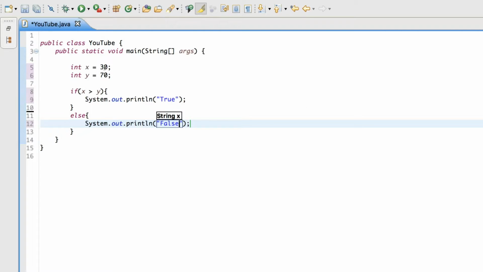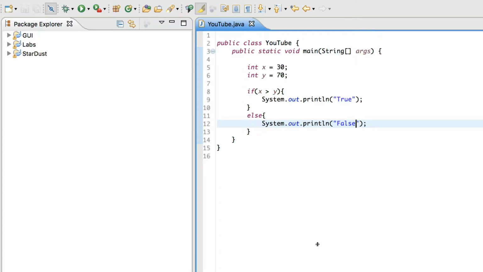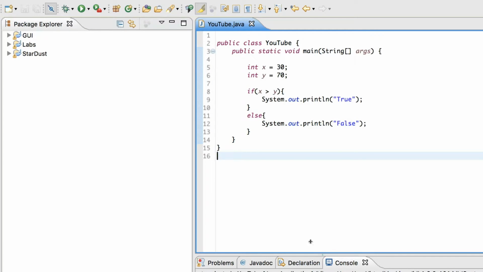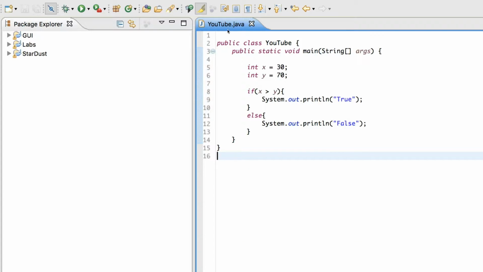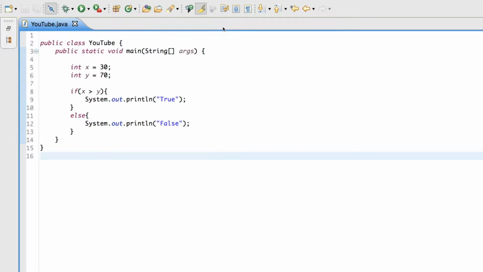Now we can go ahead and run this, and it should print out false, because obviously 70 is greater than 30. So we can go ahead and run this and wait for this to load. Okay, so we go ahead and pull up the console, and as we see, it says false. So those were pretty self-explanatory, the greater than and less than,